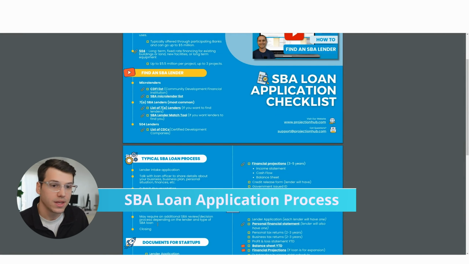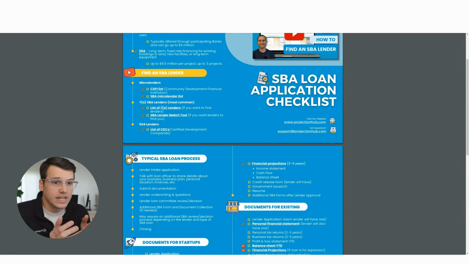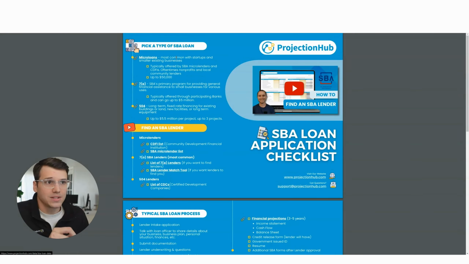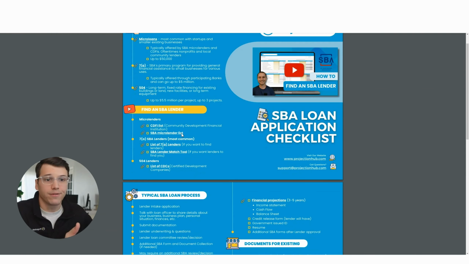This process, I think, is pretty similar with each lender you go to, just because the process that the lender has to go through with the SBA is relatively standardized in the forms they have to collect. And so the conversation you have with the lender and the loan officers might differ from place to place you go, but the things you have to collect are going to be the same. Now, one key asterisk to that is that microlenders are very different from one another.